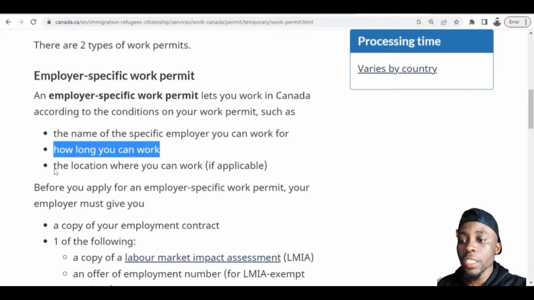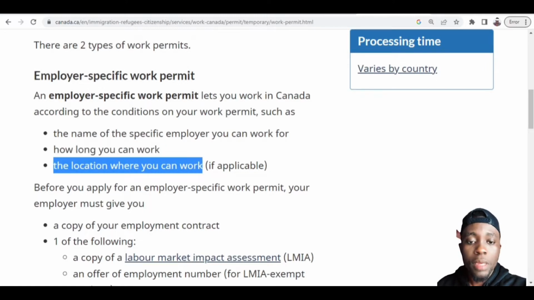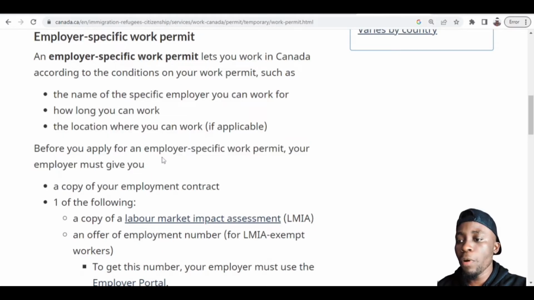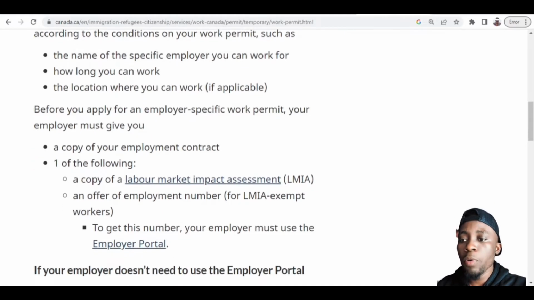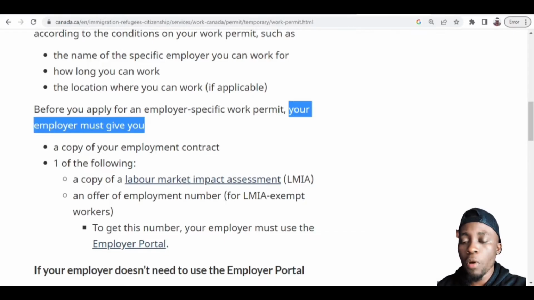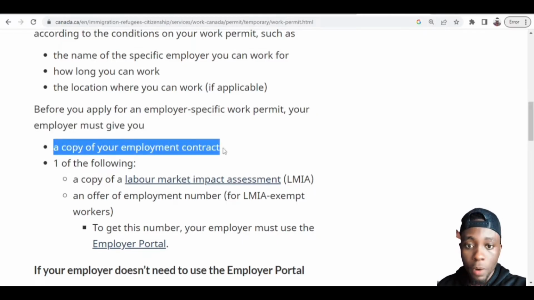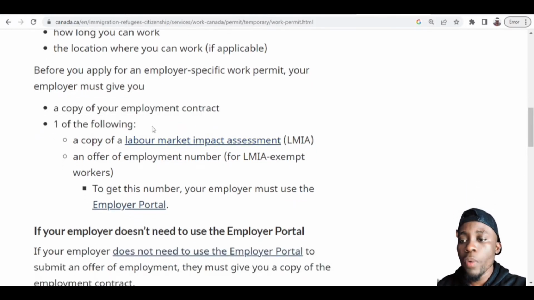The other one is the location where you can work. So wherever the employer is in Canada, the location will be written on your work permit. That means you are going to work at that location. Okay, and before you can apply for an employer specific work permit, your employer must give you something. That is why I told you that you first have to go to job bank and search for some of the jobs, get an employer first, so that the employer can give you a copy of your employment contract, as well as one of the following,